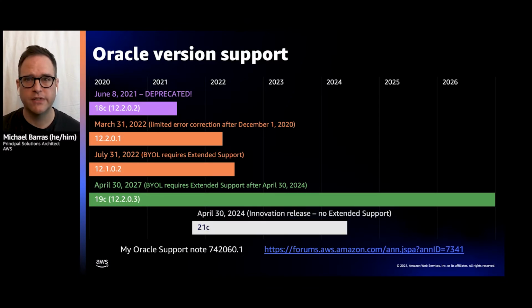The AWS forum post listed here is the authoritative reference for our detailed deprecation timelines, so please do bookmark it. We know that major version upgrades are no small matter, so we try to give you at least a year's notice when a deprecation is planned. This timeline is based on Oracle's own release schedule, though, which can change over time, so please be sure to keep an eye on it.